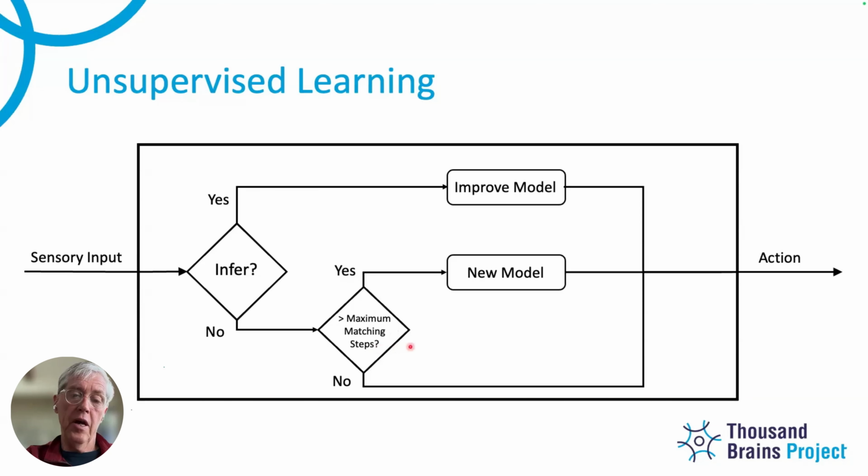And I also assumed it was like, hey, we keep trying, and then at some point you say we tried too much, and now we have to start something new. That's what is meant by this, right? Yeah. We're trying to match something. We have to finish the matching steps, but also we have to make sure that none of the observations or none of the evidence is high enough.